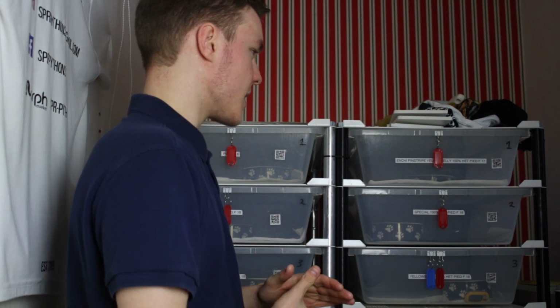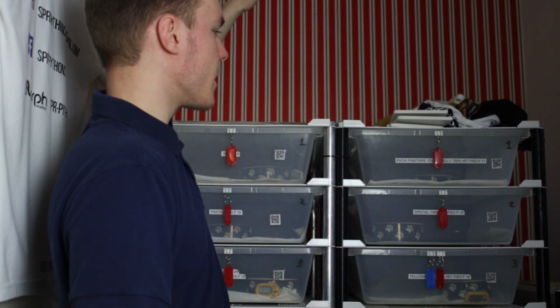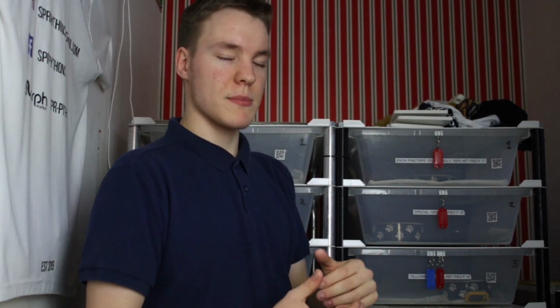I know that lots of people do use different rackings, so there's ARS, LP, JVK, all these different brands, but for me, LP is the one that I've gone with because I'm really satisfied with it. I got one rack to try and fell in love with the brand, with the company, and I've stuck with it ever since. I do have plans to expand my LP racks and maximise the space that I have. But for now, I'm going to show you around what I've got and show you the tub sizes that I use here at SBR Pythons,